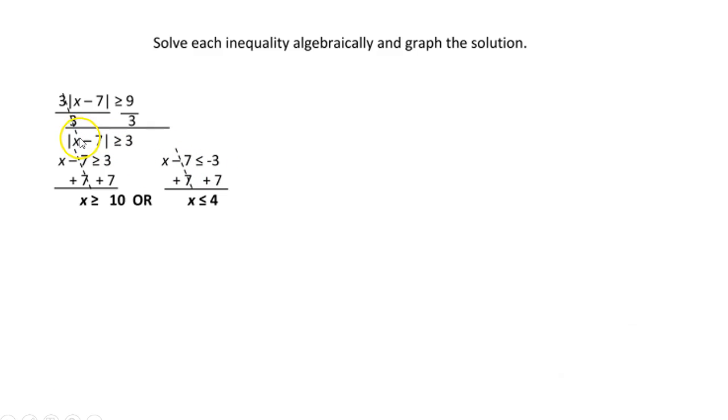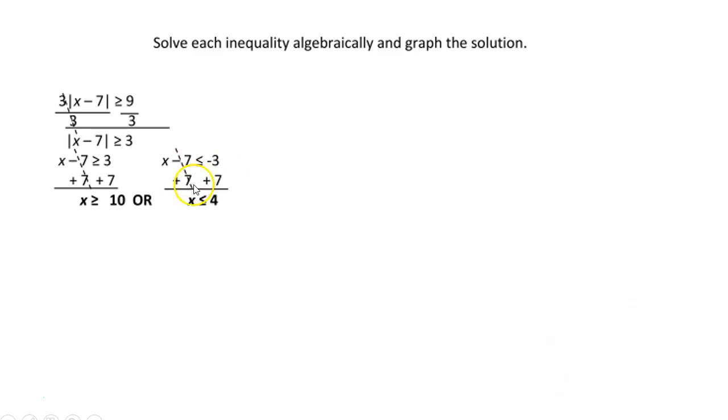Because any number that's less than negative 3, like negative 4, negative 5, negative 6, also has an absolute value that's bigger than 3. So that's why we have these signs kind of flipped around here, because of the fact that this is going to be bigger than this value. So we want those negative numbers that are bigger than 3, so to speak, which are actually less than negative 3. And then from here, we just solve algebraically. Just add 7 to both sides. So x can be greater than or equal to 10, or x can be less than or equal to 4